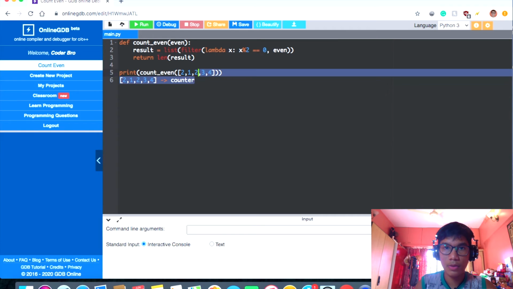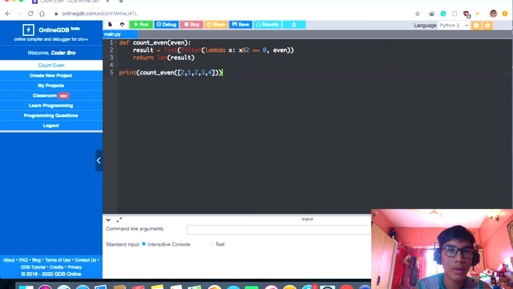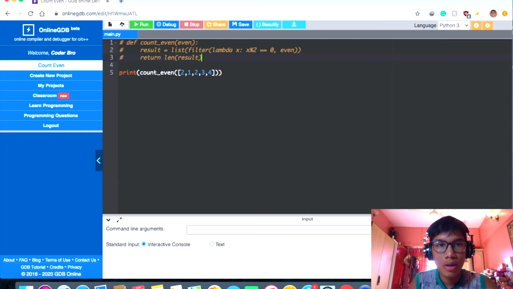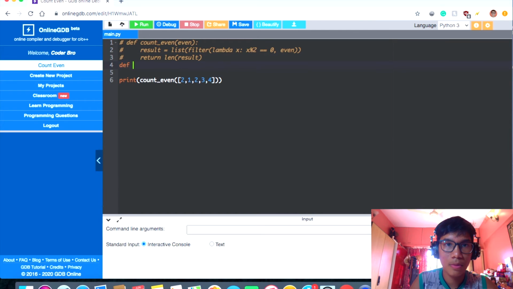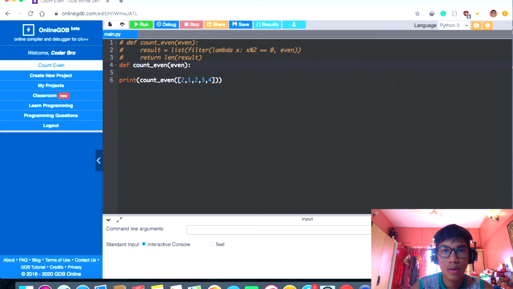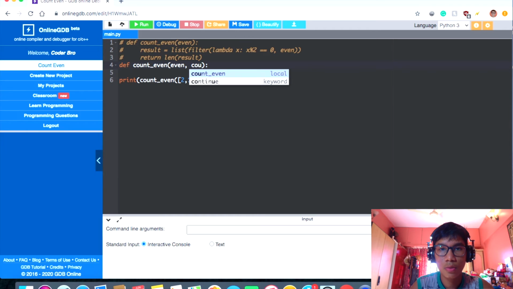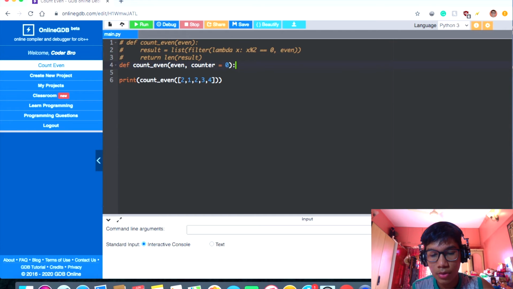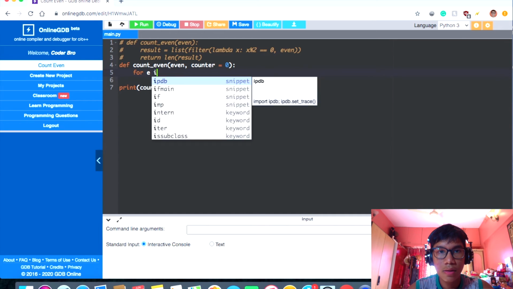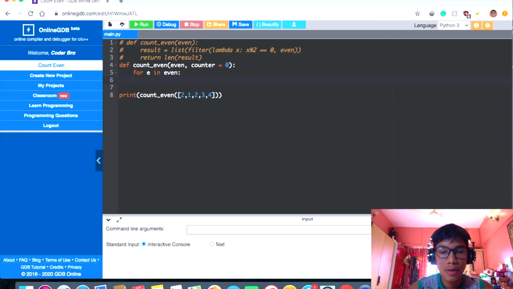I'll show you what that means. Here I'm using lambdas and a filter function this time instead of map. But let's just try the intuitive way most people will do it. One way of doing this is using a counter and setting that to 0. You can even set it here to save space. Counter is equal to 0. After setting the counter to 0, you can write a for loop: for e in even, if e mod 2